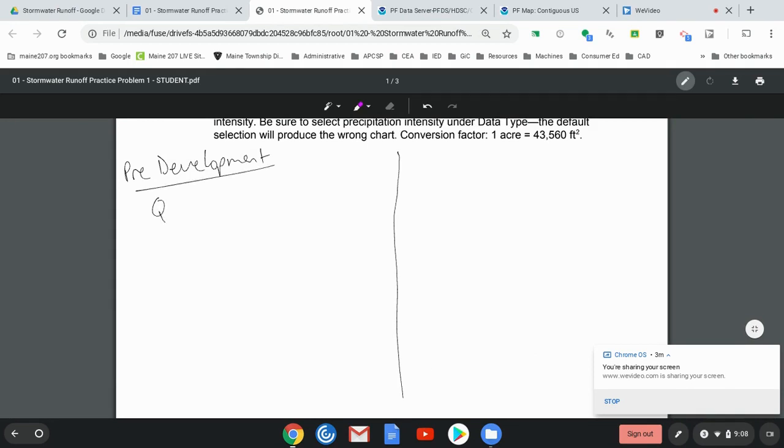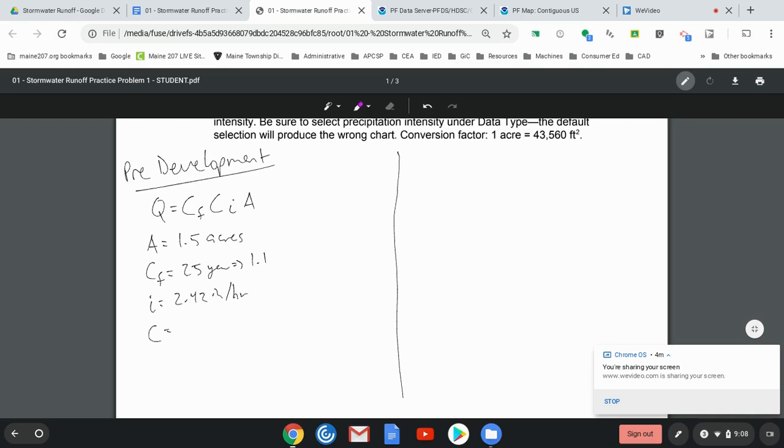Remember, the formula is Q equals CF C I A. All right. So we know A is 1.5 acres. Told us that in the problem. CF for 25-year is 1.1, if you go to the table and look at that. I we just looked up is 2.42 inches per hour. And then the last thing we need to do is look up the